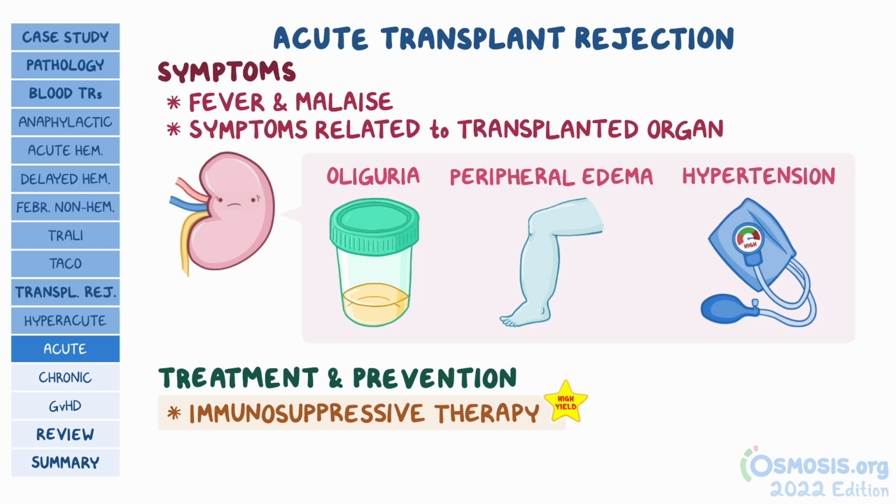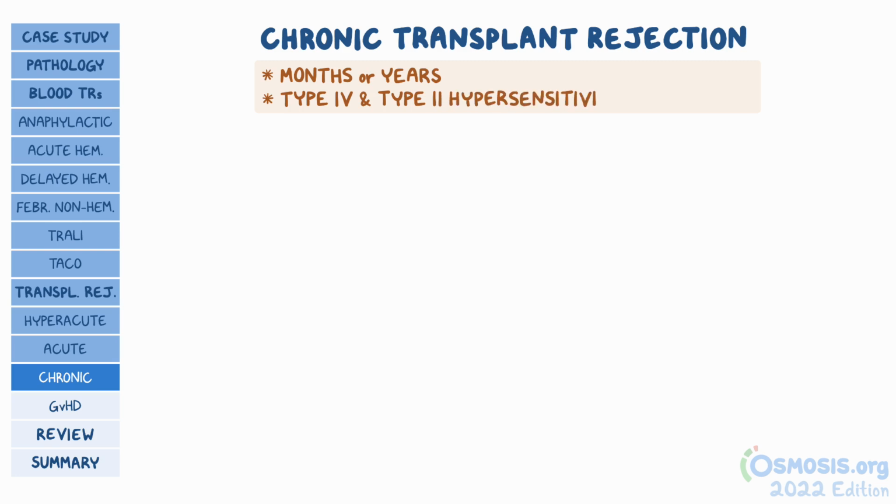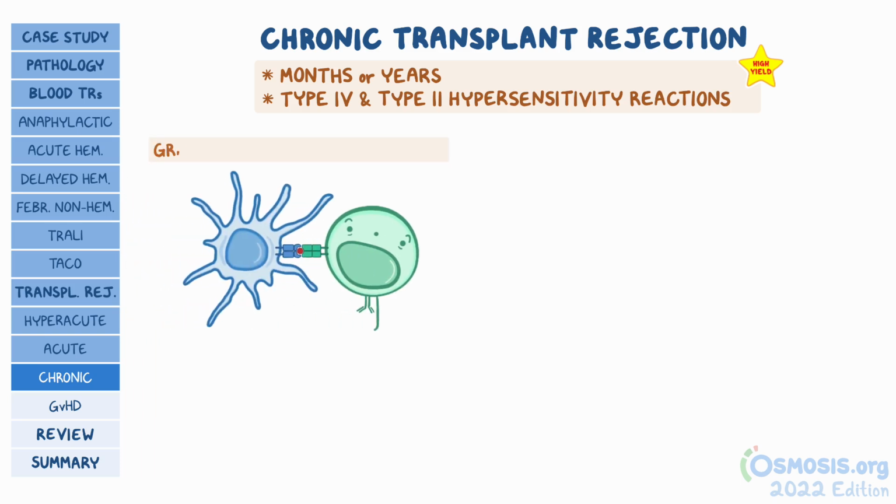Now, the last transplant rejection reaction that you need to know for your tests is chronic transplant rejection. This type of transplant rejection can develop months or even years after the transplant. Now, similarly to acute transplant rejection, chronic transplant rejection is mediated by a combination of type 4 and type 2 hypersensitivity reactions. However, in chronic transplant rejection, the MHCs and other antigens on the graft cells are first recognized and